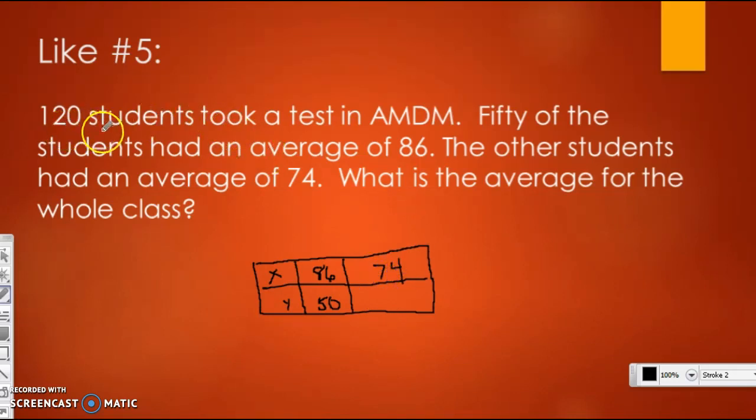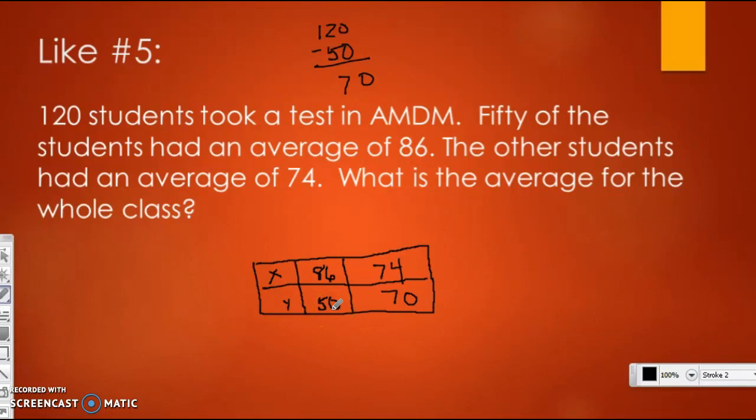Well, if there were 120 students, how many students had an average of 74? Well, I'm going to do 120 minus 50, which gives me 70. Okay? So now I have to find the average for the whole class. So remember how I do this is I'm going to do